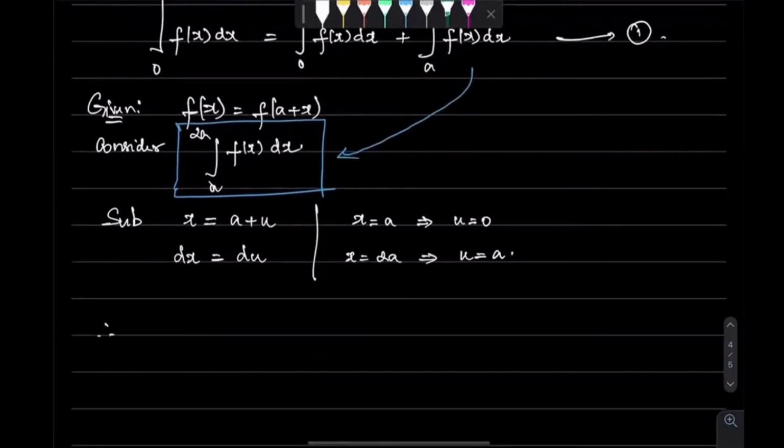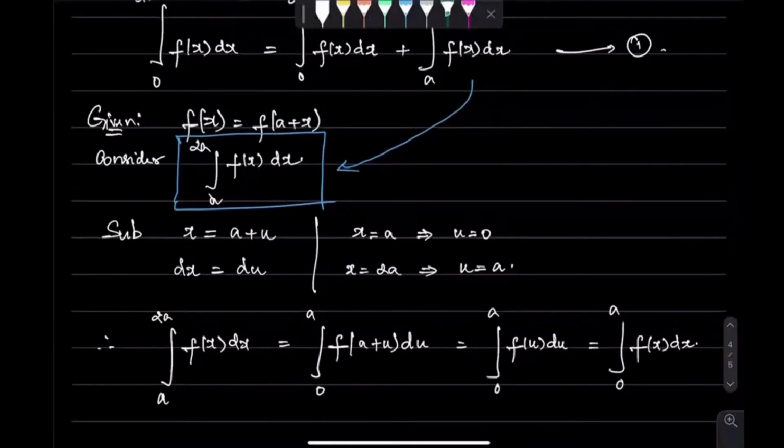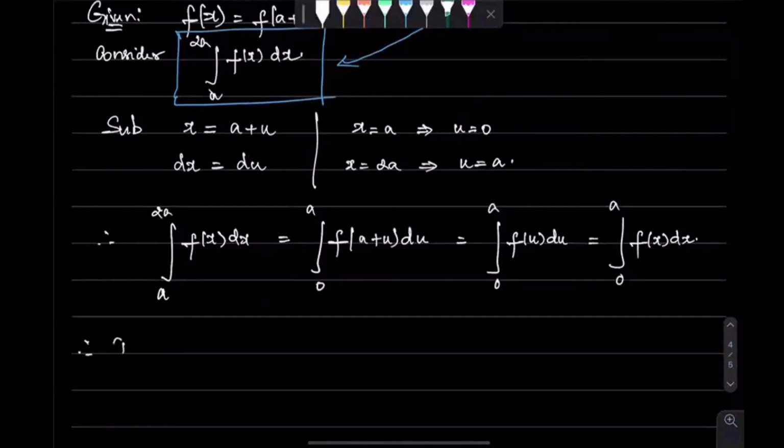So therefore, integral a to 2a f of x dx becomes, I'm going to change it completely, limit becomes 0 to a, f of a plus u du. But f of a plus u is actually the same as f of u, f of u du, which is same as f of x. You can change the variable also. 0 to a, I can consider it as f of x dx. So instead of this, I can use 0 to a f of x dx. Therefore, what is my integral from 0 to 2a becomes